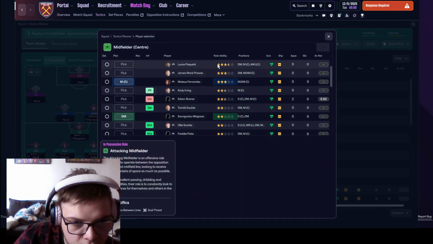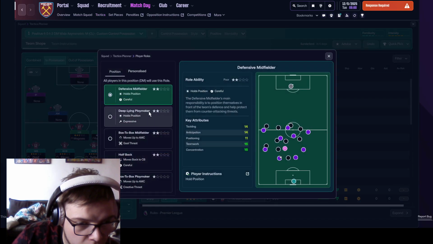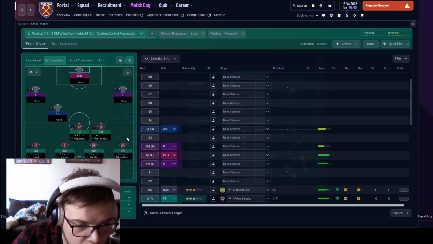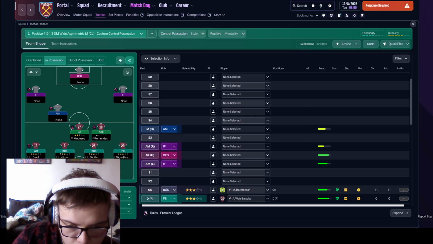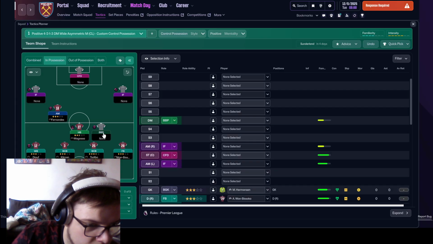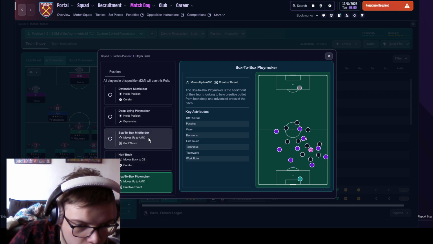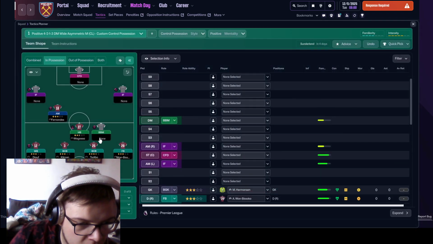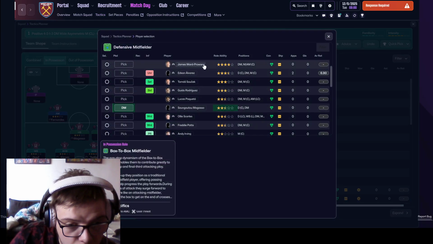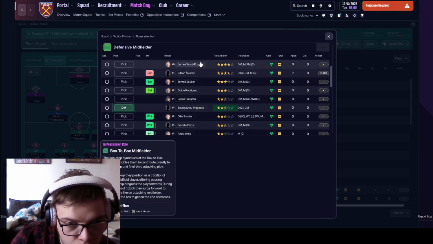because on this side, this could just be for the first game of the season. We could actually, as long as Somerville is out, play Fernandes there, box to box midfielder. That means we'll play Fernandes, Mugasa, James Ward-Prowse,